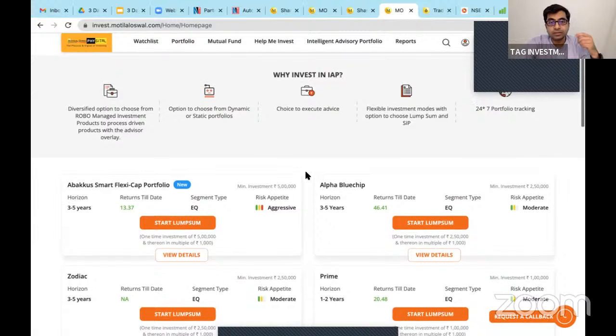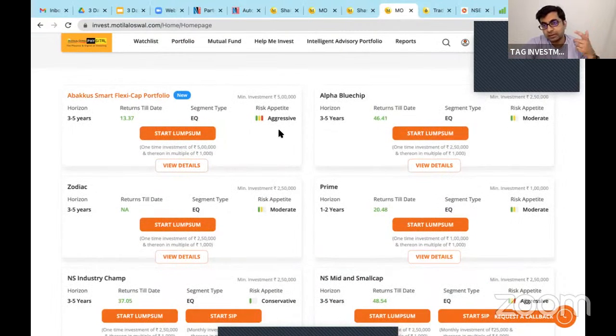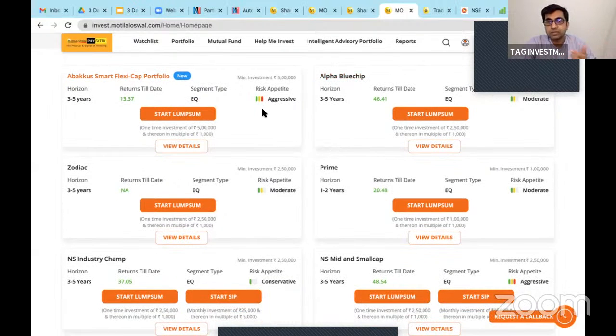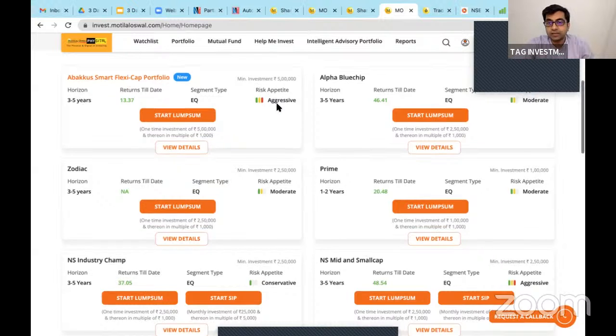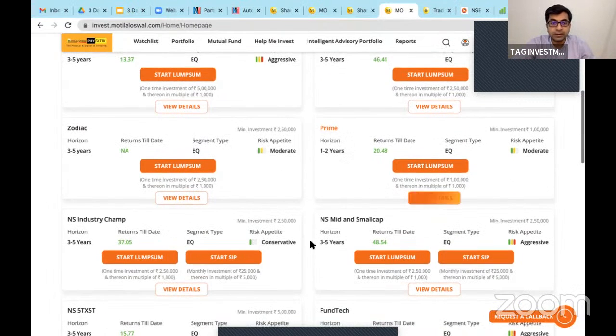So how it works is you need to choose depending on your risk profile, which we told you in the day one challenge. We gave you a risk profiler where you can simply answer the questions based on your choice, and then the result comes in front of you in terms of point value, and then the calculator tells you whether you're an aggressive investor, moderate investor, or a conservative investor. So based on your risk profile, risk appetite, whether it is aggressive, moderate, conservative, you can